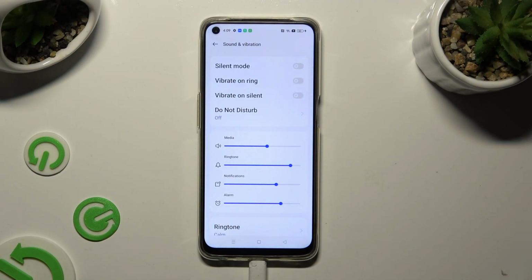Now tap on the switcher next to Vibrate on Ring to enable or disable incoming call haptic feedback. You can also tap on this switcher next to Vibrate on Silent to enable or disable vibrations when your device